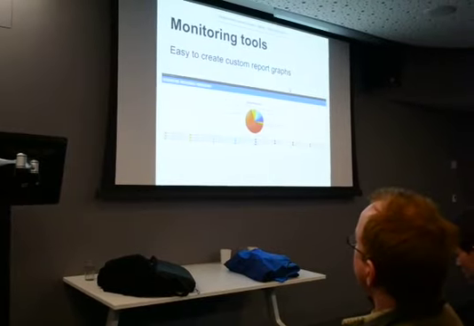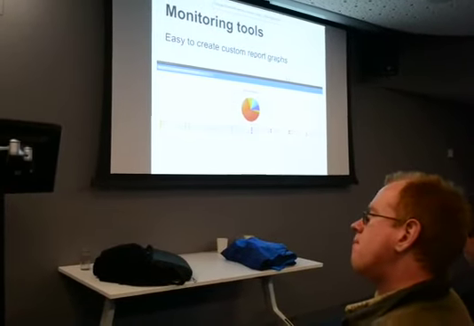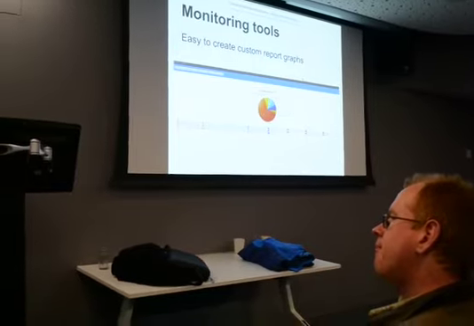Grep4j is all about retrieving information, text information from log files. So why not using it for